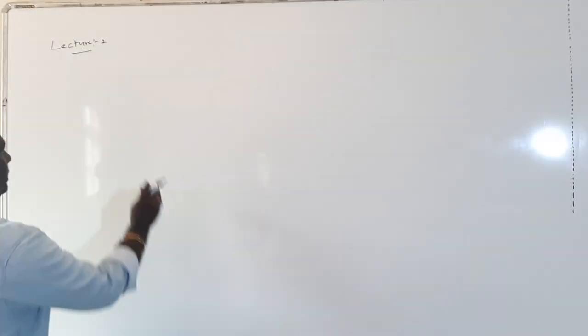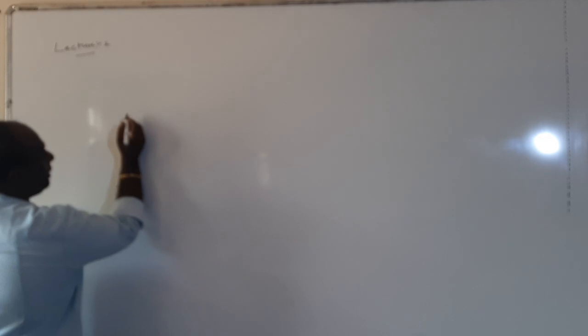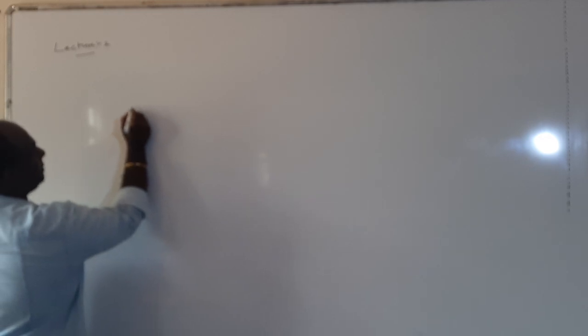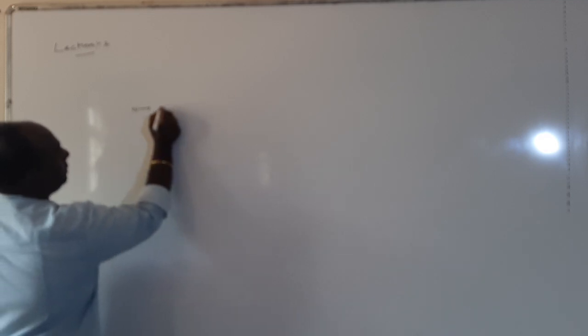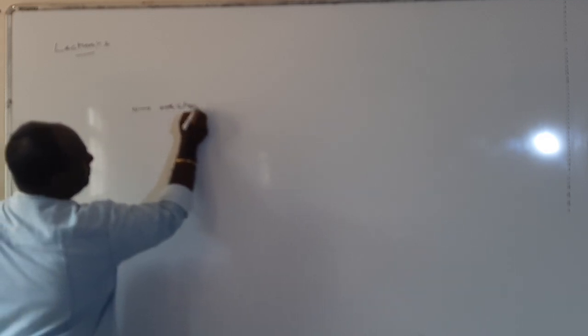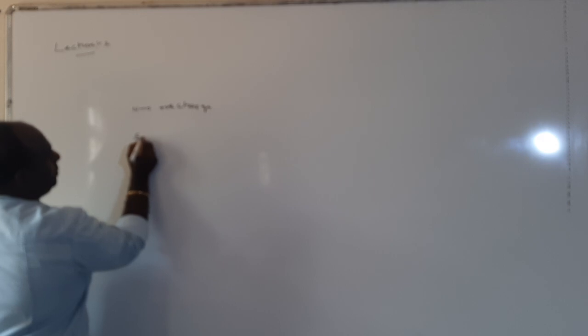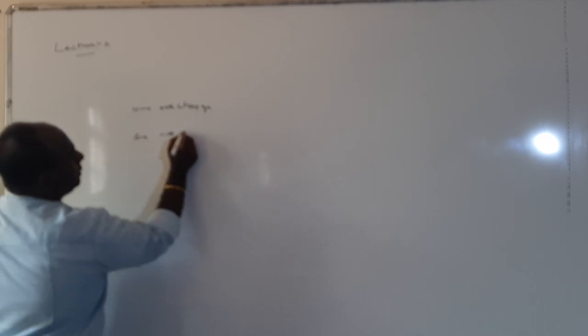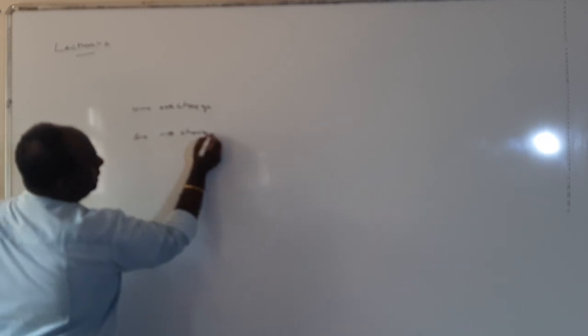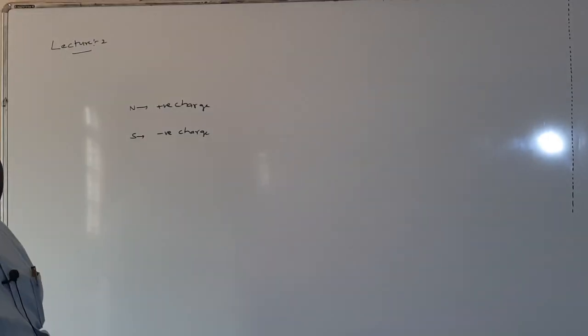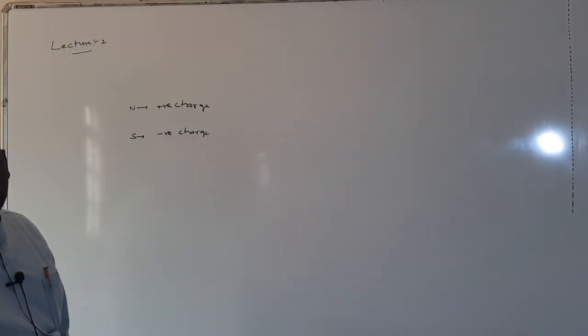First, I am going to recapitulate the direction of magnetic field from yesterday's class. I am repeating one more time. The north pole has characteristics analogous to the positive charge. The south pole has characteristics analogous to the negative charge. This was already discussed. So magnetic lines of force start from the north pole and end at the south pole.